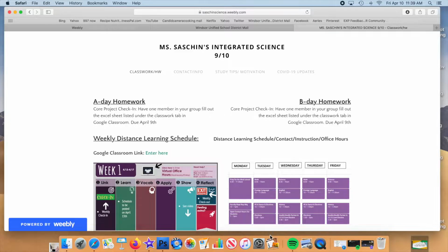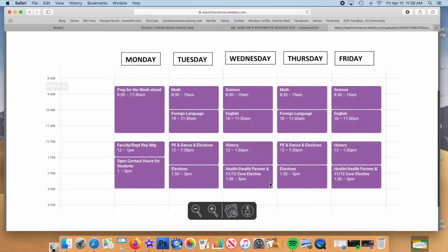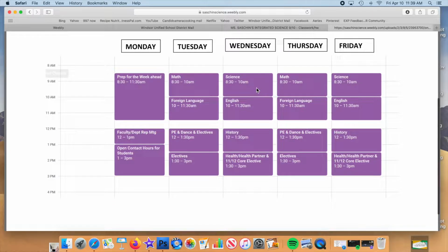The second piece is the distance learning schedule. We as Windsor High put out a calendar of what classes are going to be done at what times. I have it linked on my website, on that front page, along with the week of what you're going to be doing and the schedule of all of your other classes. The schedule here is just so you can touch base with all of your teachers. I'm not going to be on Zoom. You don't have to log in during those times, but just know that there is a teacher on the other side of the computer during those times to answer your questions.